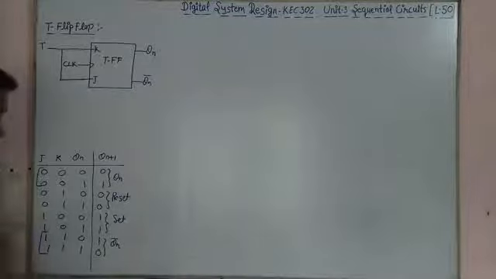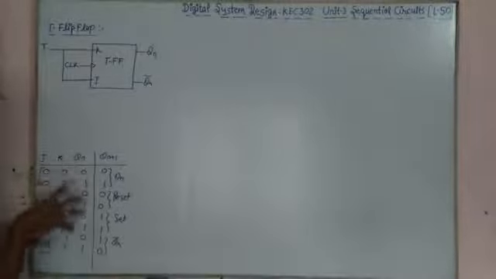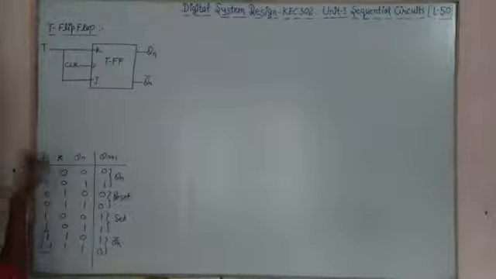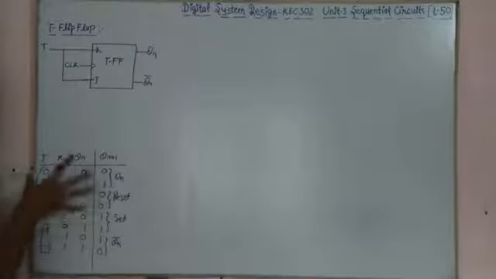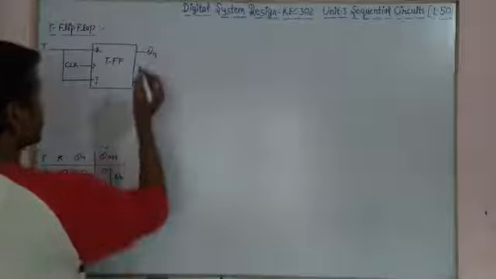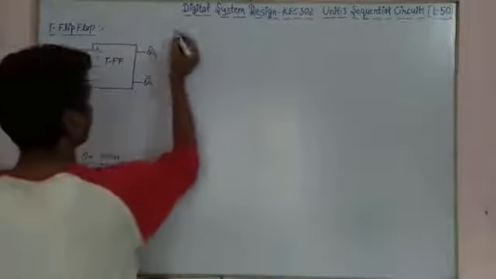Just as in the previous lecture the truth table of the D flip-flop exists inside this JK flip-flop, from the JK flip-flop you can find the truth table for the D flip-flop, and also the truth table for the T flip-flop. All these truth tables are built into the JK flip-flop truth table. So now, the truth table for the T flip-flop.